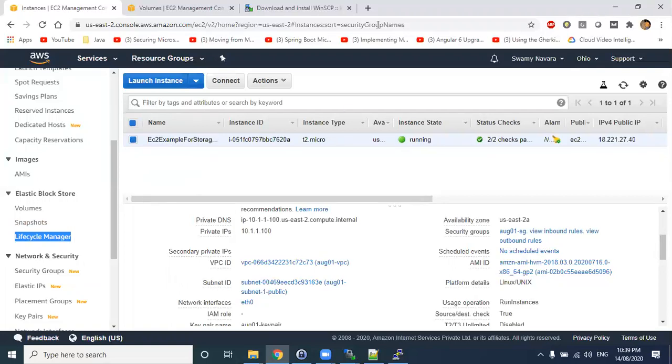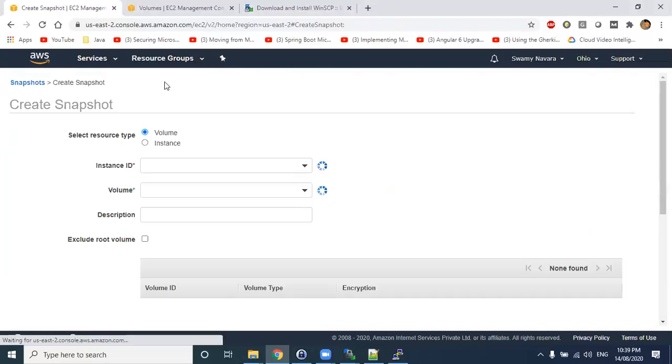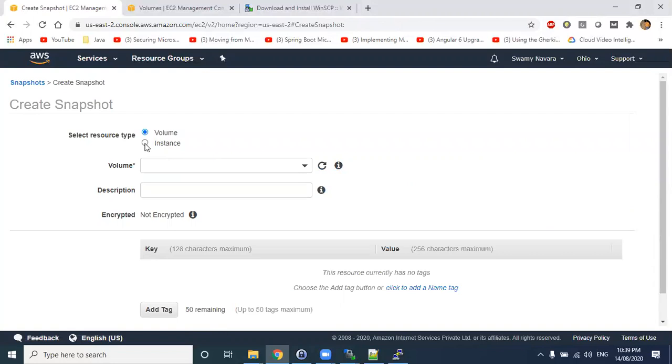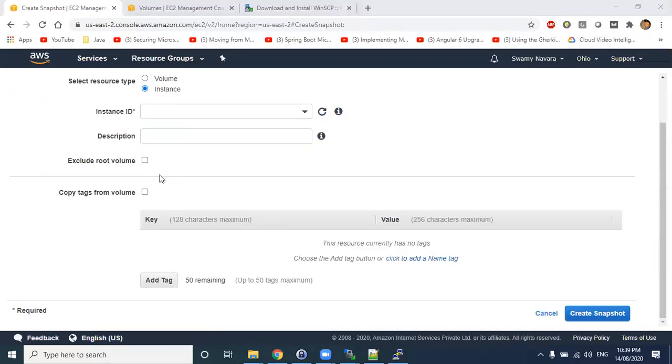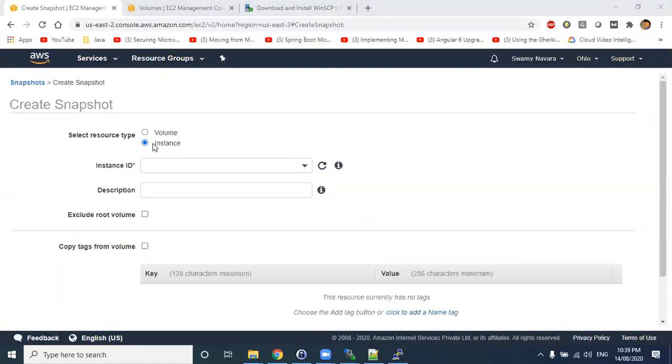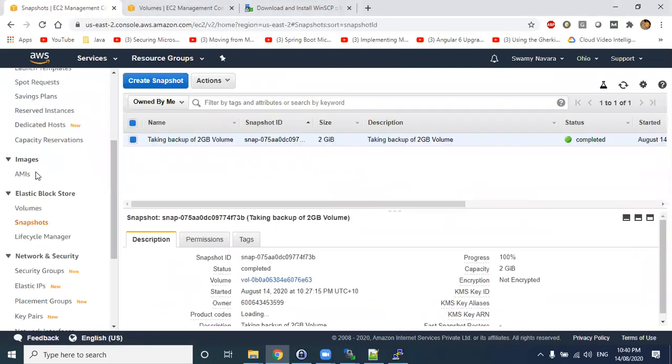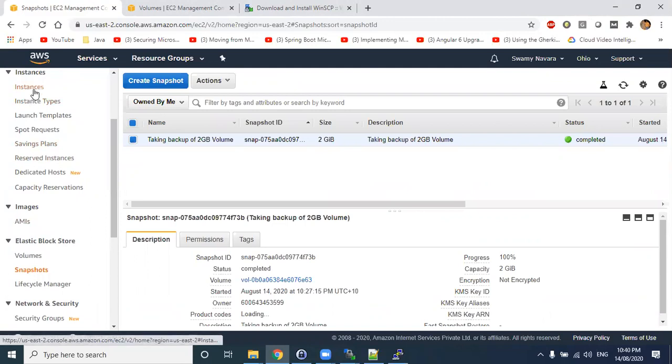Yeah, Harish, when we are creating this snapshot, there are two types. One is volume and another one is instance. That we will be discussing further. Taking a snapshot of an instance you don't do here, so we will see that in a different way. If I correlate with the AMI, then what is the difference? AMI is nothing different, it is when you are trying to create an image from your EC2 machine. We'll discuss that next.